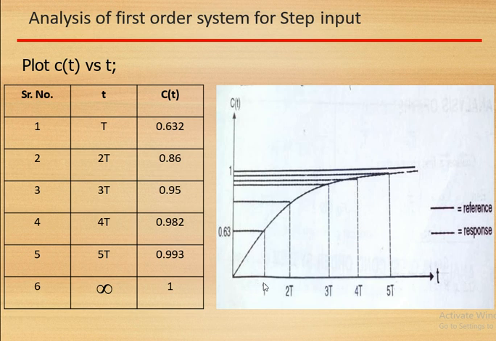So see here carefully how the output is increasing gradually and going towards the desired value, that is 1. After 5t it is going closer to 1, but at infinity I can say that its value will be 1. So this is the simple analysis of how the system output will be for a step input. The step input will be like this, but the system's behavior will be gradually increasing. It will not give a one output at t equal to 0. That you have to keep in mind.